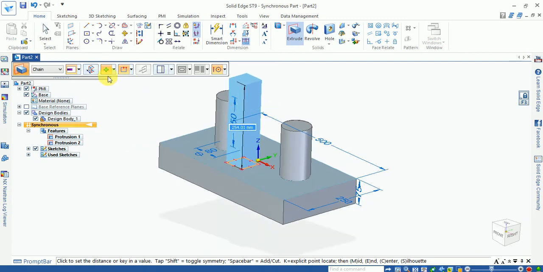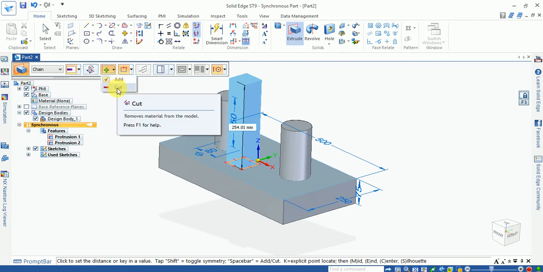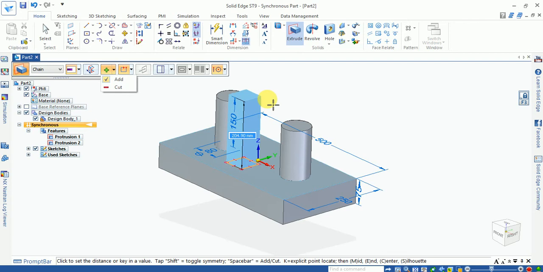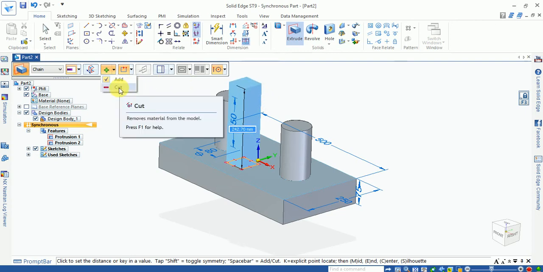Now this option is extrude plus, which means add extrude, and another option is cut, which means remove. I select add, then the extrude solid will be generated. Now I select the cut.